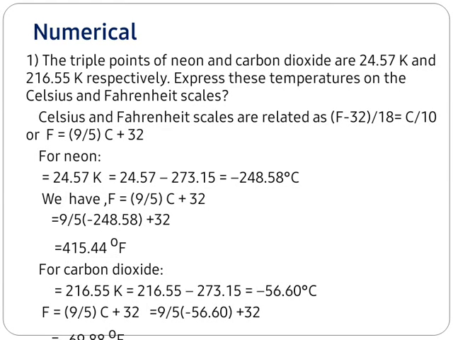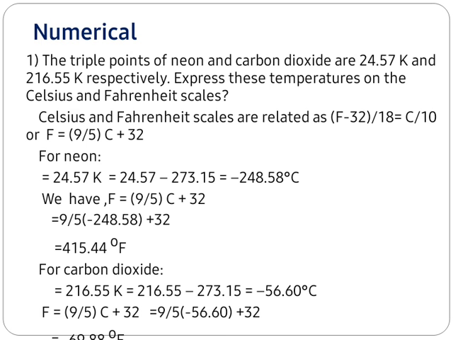In the case of neon, the triple point is 24.57 Kelvin. When it is converted into degrees Celsius, we have to subtract 273.15 from 24.57. It is equal to minus